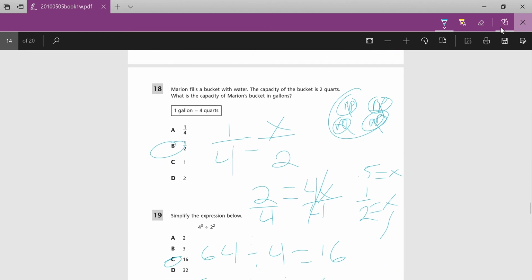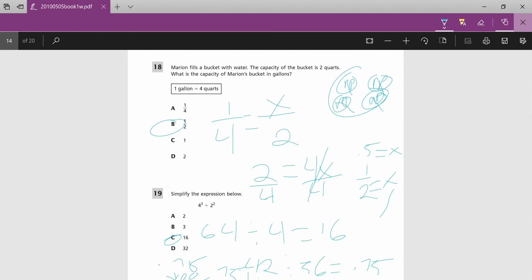So Marion fills a bucket with water. The capacity of the bucket is 2 quarts. What is the capacity of Marion's bucket in gallons? So what we would do here is we can use the big G